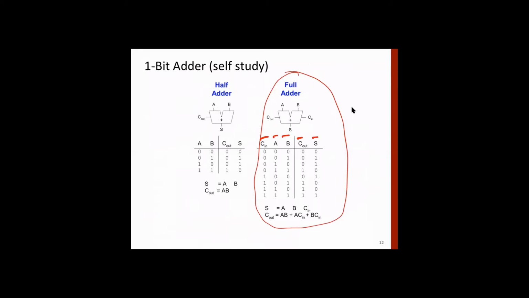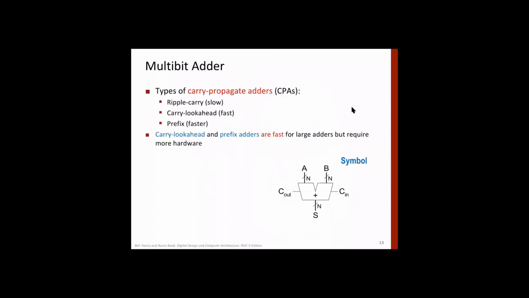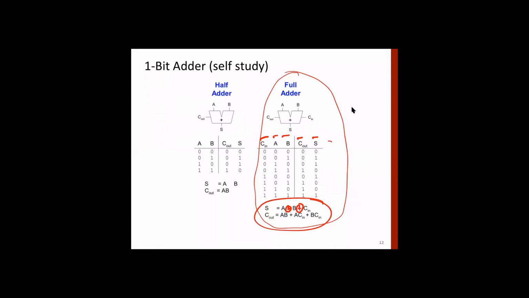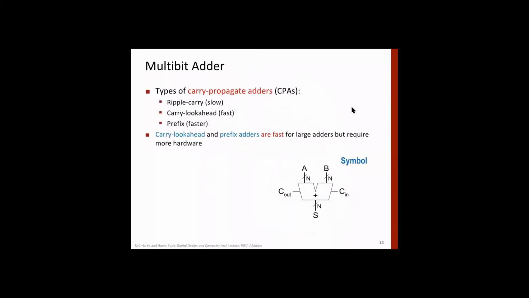Based on this truth table and these equations, with this exclusive OR which is missing, you can create a circuit for the full adder. What we have shown here is a single bit adder. Basically, 2 bits are to be added, right? And we can have an n bit adder. So we are showing this n bit adder, where n bits are coming in the A input, n bits are coming in the B input, and the output is also n bit, and there is a C in and C out.